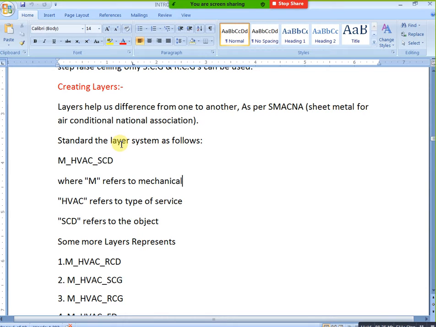Department is mechanical, service is HVAC, and element is supply ceiling diffuser with its element number. But we no need to mention the number, just mention up to here, that is enough. M refers to mechanical, HVAC refers to type of service, SCD refers to the object. You can mention your fire damper and all others like this.